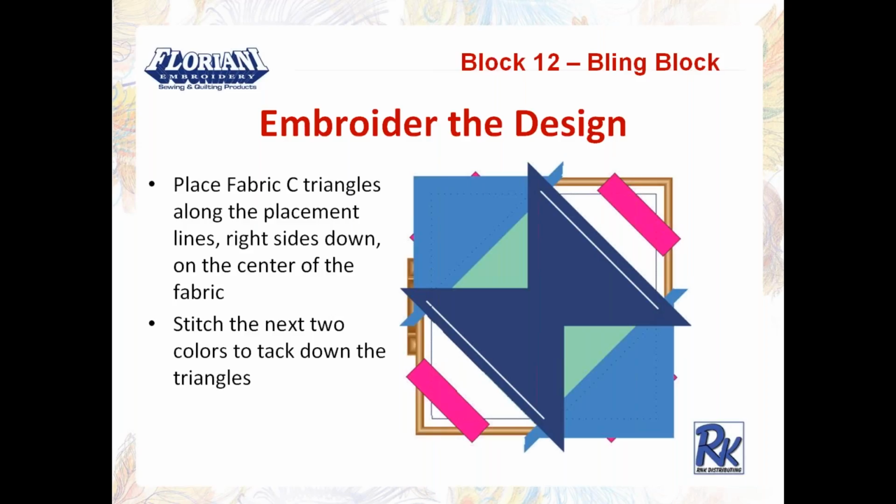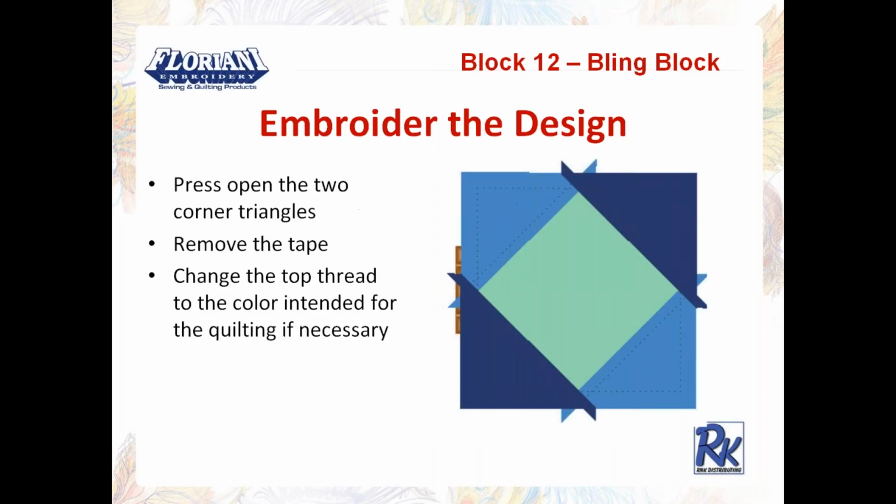And then place your fabric C triangles along the placement lines on the opposite corners, again right sides down on the center of the fabric, and stitch the next two colors to tack those triangles down. Press them open. Now you want to remove all the tape, and if you didn't start with this color, you want to change the top thread to the color that you intend for your quilting stitches, because